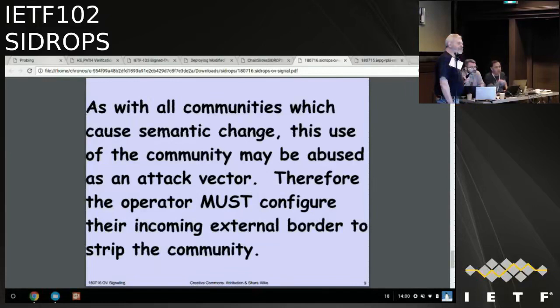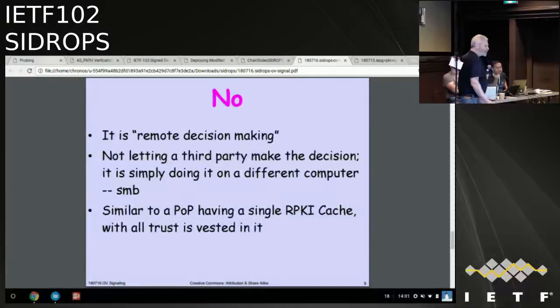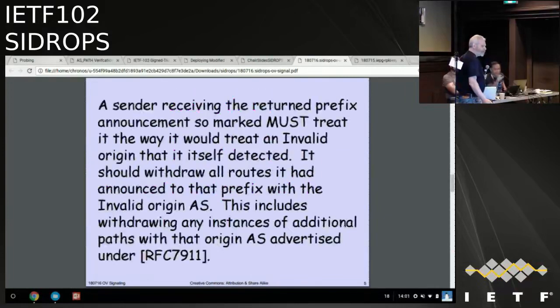Right, but I'm saying when I get it back from the route reflector and it says this prefix origin pair is invalid, I look in my RIB and I find all such prefix origin pairs that match that, and I treat them as invalid also. There are no all prefixes like that, because you always get the invalid in context of a prefix and a path. One prefix and a path. Well, I chose one as best path and sent it to the reflector.